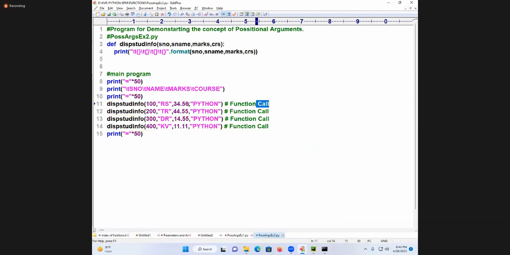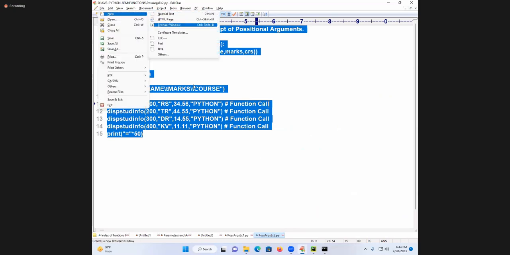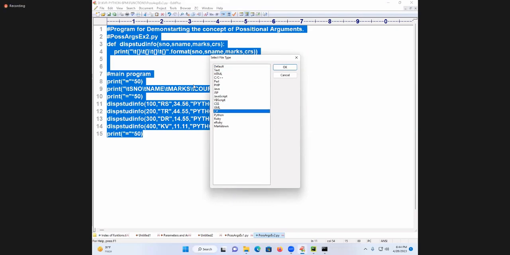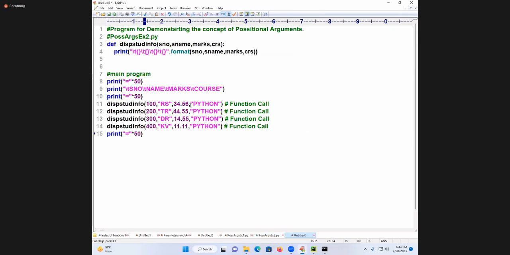How can I minimize, students? From now onwards, don't write this as what? Python, don't write it. Where can I write it? Look at what I am writing. Don't write Python here. Remove it, this also remove, and here also remove. Where am I writing CRS is equal to Python? In the function definition heading, I am writing it.